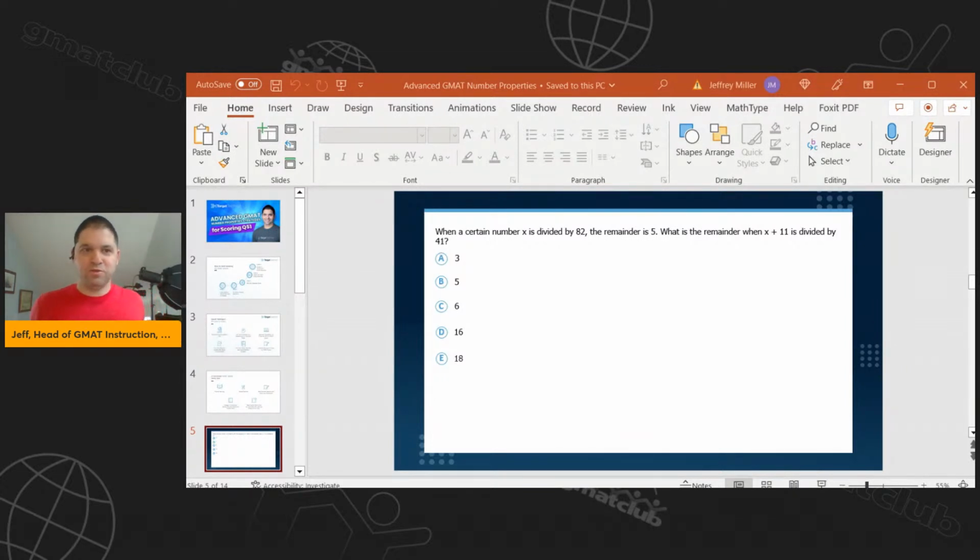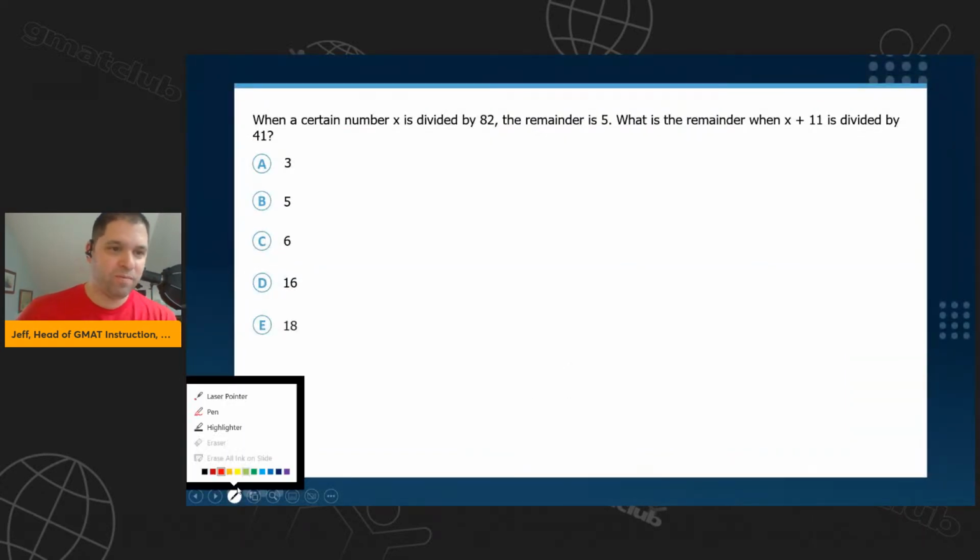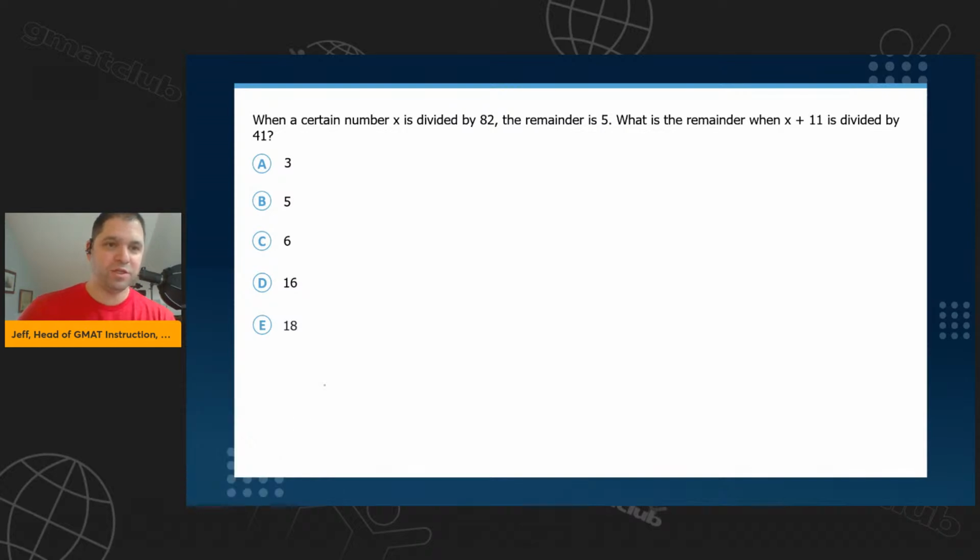Okay, so this will be interesting because I'm going to show you guys how to plug here. Any pluggers? Going once, going twice. No pluggers. Okay, great. So I can show you guys a process that maybe will be helpful. The remainder formula seems like what you should do, right? When we have this whole idea of what we should be doing on the GMAT, but I don't mind plugging, to be honest with you. Question is, what do I plug,